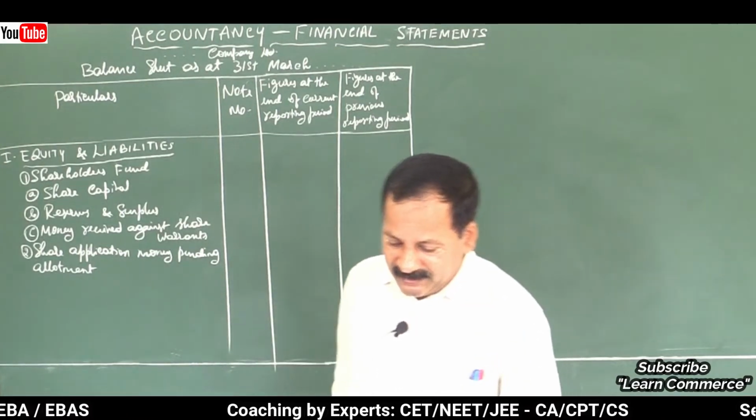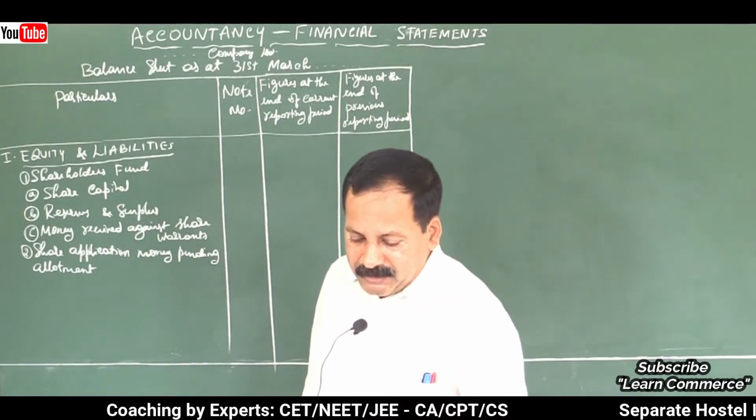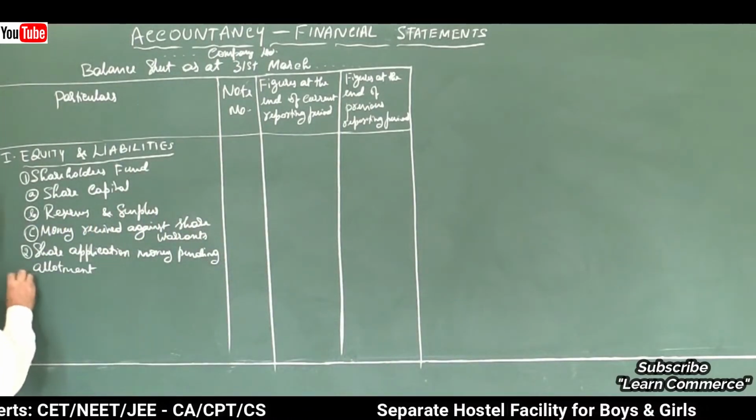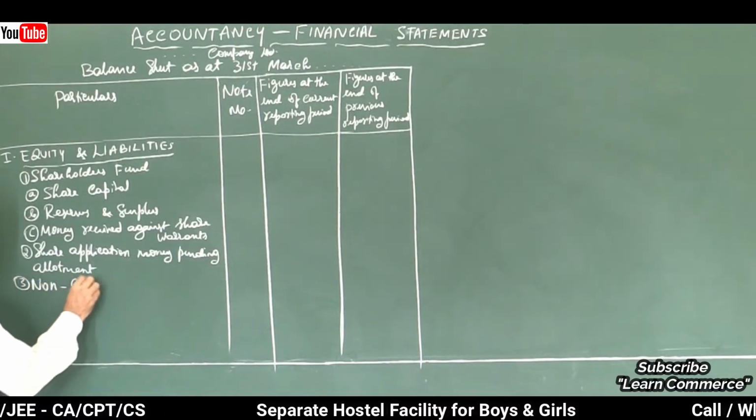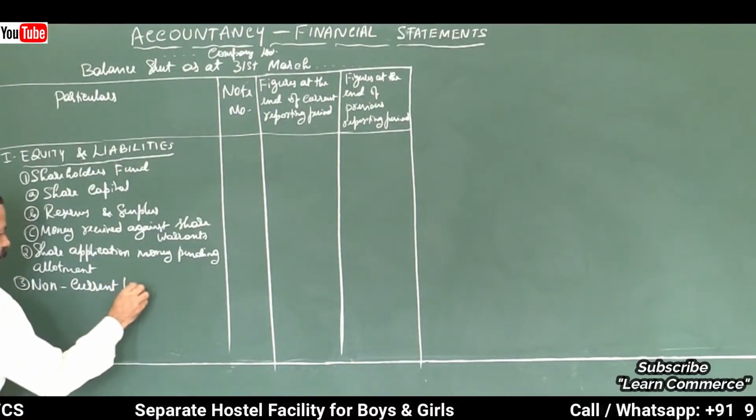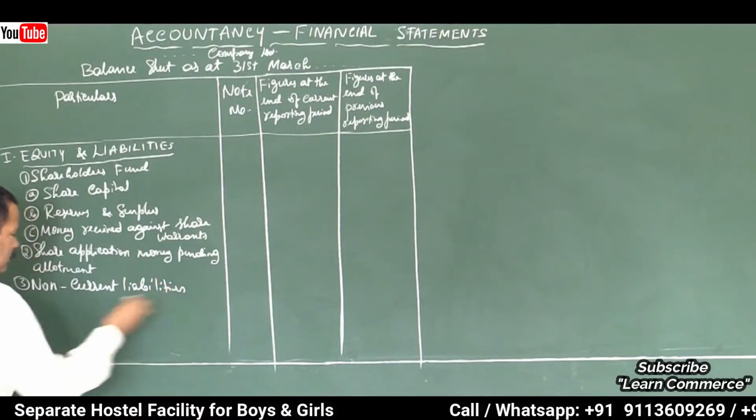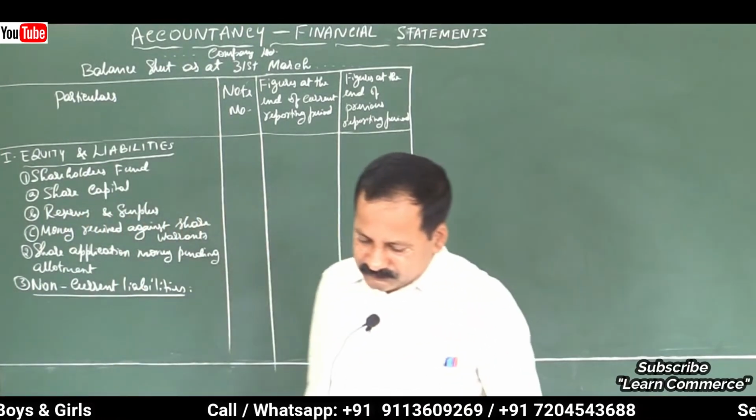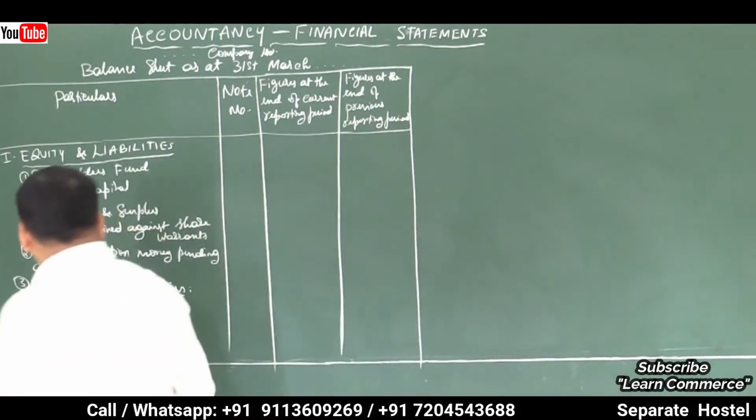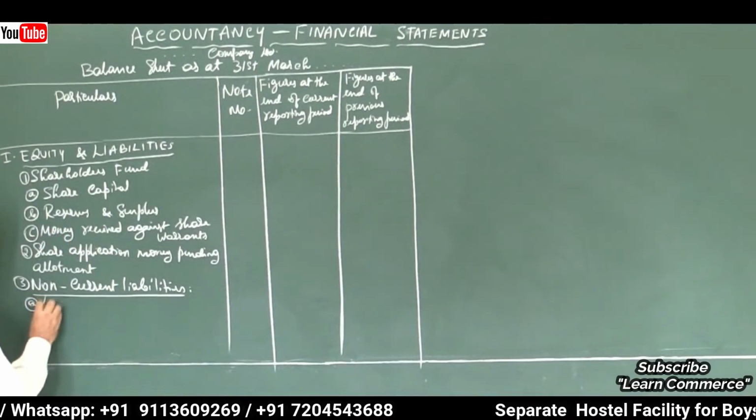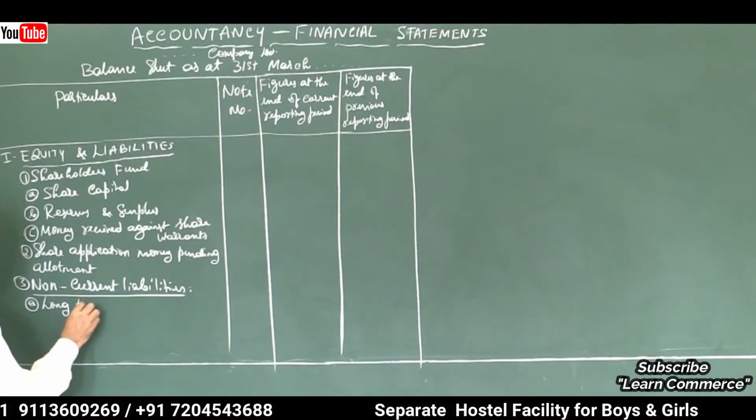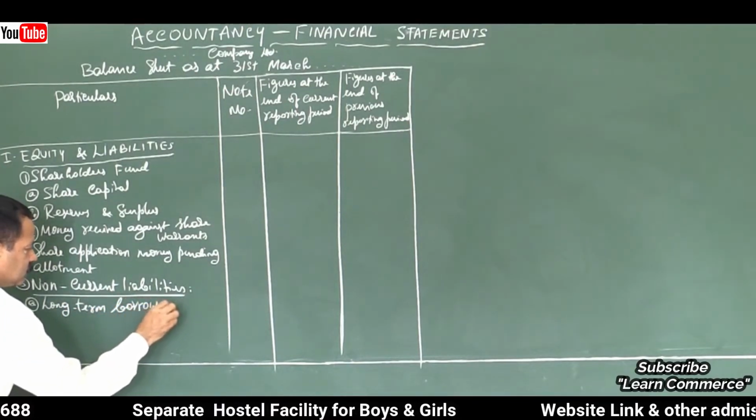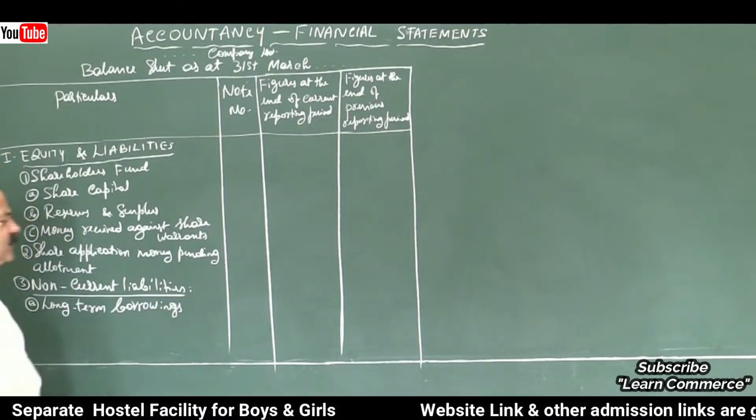Let us move on to the next part of the balance sheet. Non-current liabilities. The third one is non-current liabilities. Under that, long-term borrowings. Long-term borrowings means